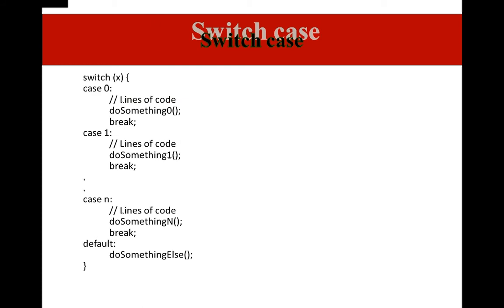And coming to the switch case, in the switch case we are going to write a choice, switch of something like a choice X. This X refers to a particular case. It picks case 0 or sometimes case 1, case n or default. So the data type of X should be one that gives some uniqueness, or a unique value.